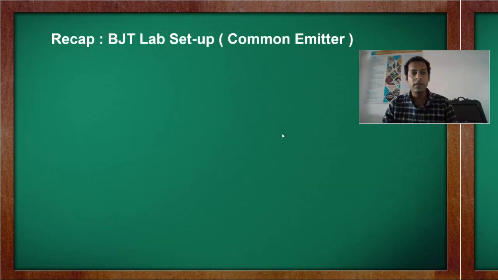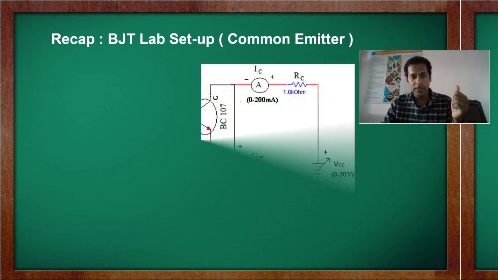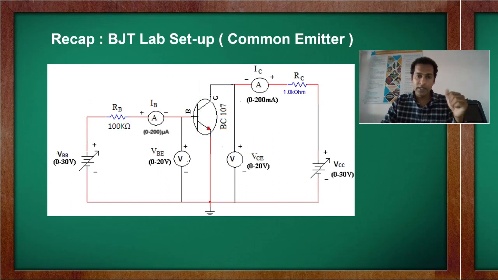Next, we'll see the lab setup, how we calculate the characteristics of any transistor. For calculating characteristics, the main parameters we calculate are currents and voltages. All the devices in electronics deal with current and voltages. So for calculating voltage and current, we require ammeters and voltmeters. If I have to calculate the input characteristic, this one is the common emitter configuration, right? Here the emitter is common between the input side and output side. The reason we have discussed in the previous sessions.